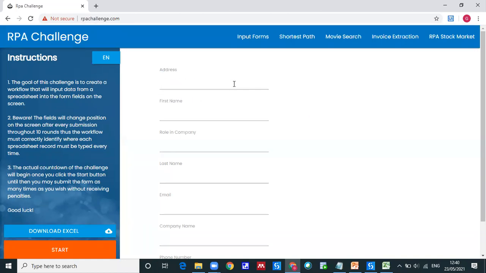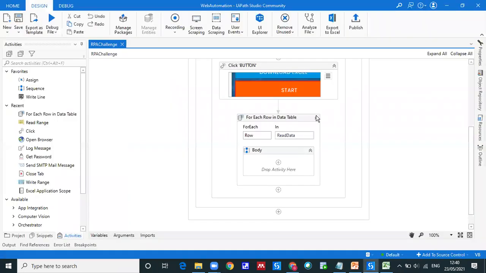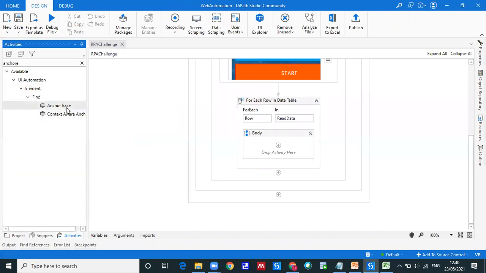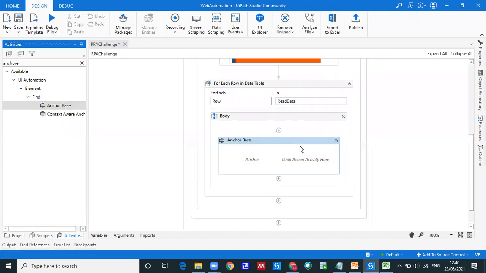I'm not going to fill the data directly. I'm going to use an anchor to fill that. Anchor means if you find address, then write address here. If you find first name, then write the first name. Is that clear? Making sense? Are you getting or not? What I'm telling about the anchor concept here is that the anchor is going to find out the position correctly.